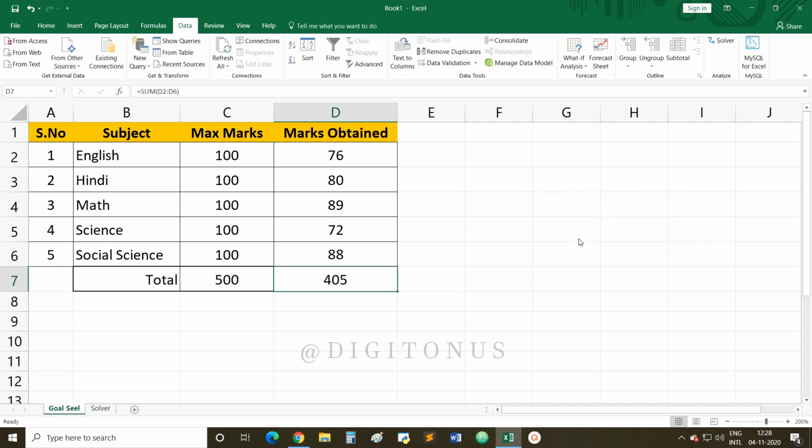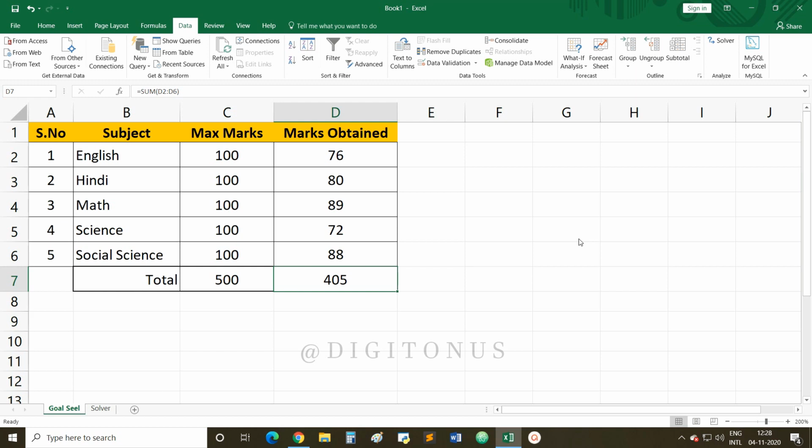Now as you know, there are limitations. One limitation is that it must contain a formula, and the second is that it can only be applied on a single cell. But what if we need to do analysis, or we want to give reference of multiple cells to achieve a specific goal? For that we have another option, that is Solver, that is there in your class 10th Information Technology Unit 2, that is another topic, Solver.